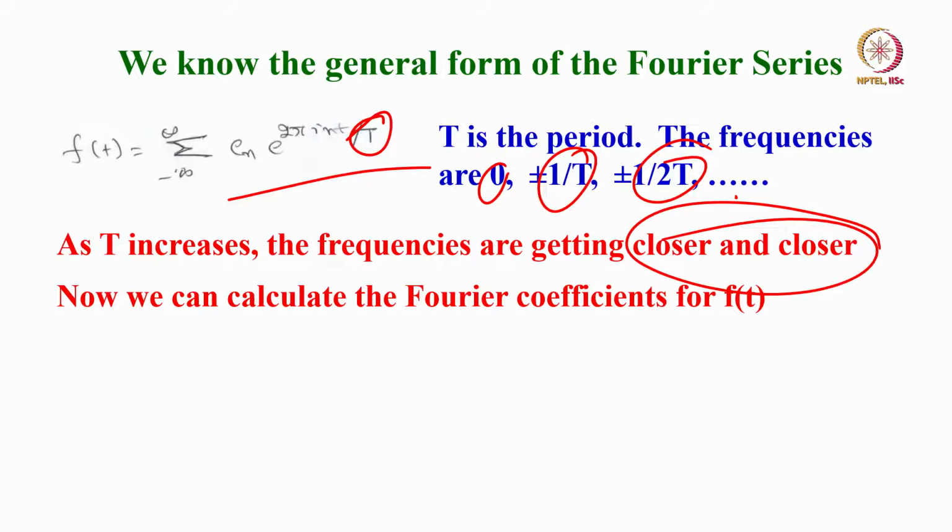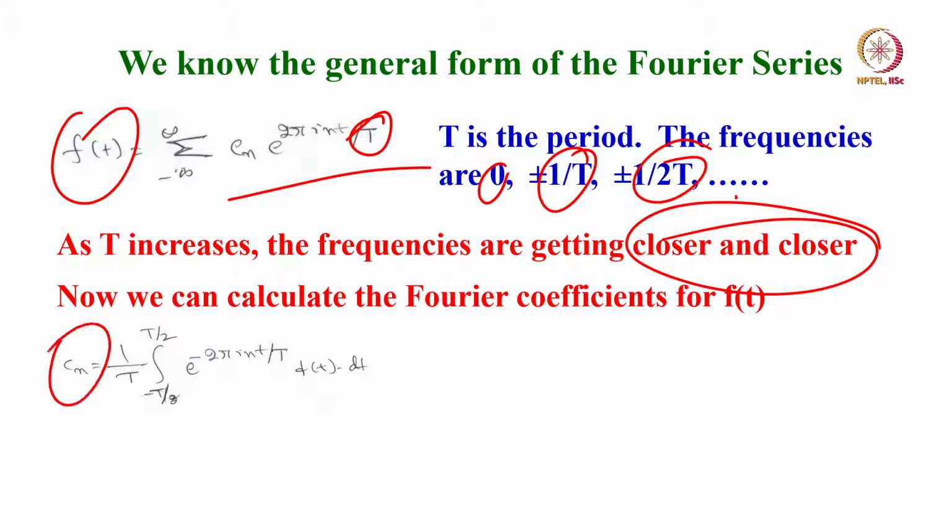Now what we can do is calculate the Fourier coefficients for this function f of t. This is the Fourier series. Let us calculate the Fourier coefficients. But remember, I started this as a non-periodic function. I only periodized it just to understand what it is and wrote it in this form. And now I want to calculate the Fourier series. Once I make it periodic, there exists a Fourier series for that. And once there is a Fourier series, I can calculate the Fourier coefficients. That's what we will do.